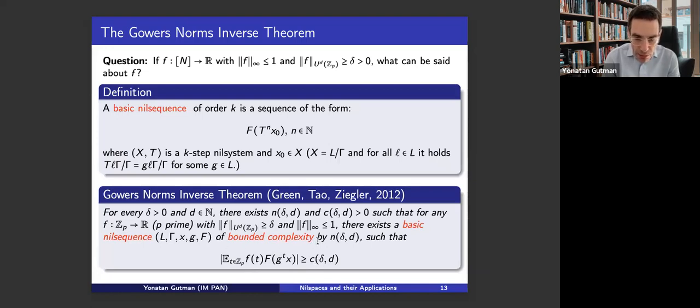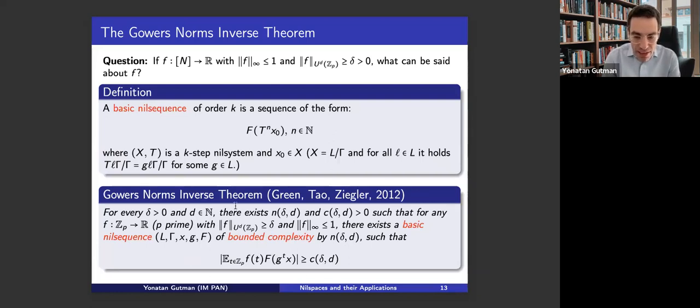I didn't say what is bounded complexity, so I don't want to define it exactly, but it's clear that you want a function to have some bounded Lipschitz constant for this to be non-trivial. So that's one component of bounded complexity. You can also, if you want, order the Nil manifolds, because up to isomorphism, there is only a countable number of them. So that's another ingredient of bounded complexity.